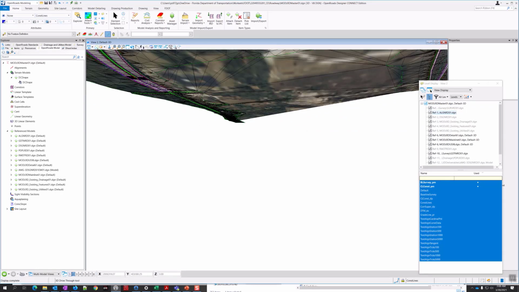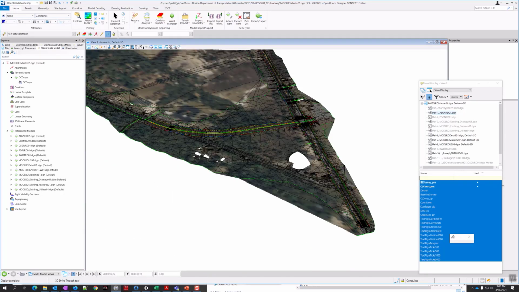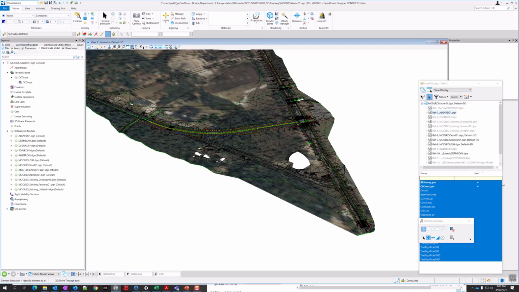So now let's export to LumenRT. I'm going to change this back to an isometric view, first of all. And I'm going to change the active workflow. So this is only going to show up if you have your 3D model as active, which we do. That's the only one we've got open right now. So make sure your 3D model is active, and then come over here to workflow, and you'll see the option for visualization. You won't see this in a 2D view, but you will see it in a 3D view. So switch to visualization.